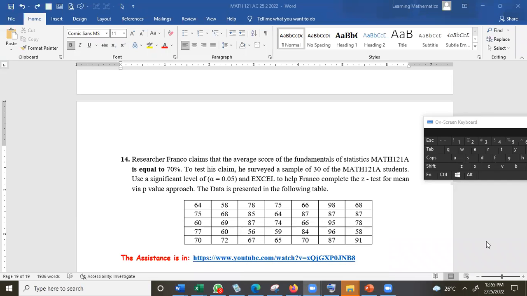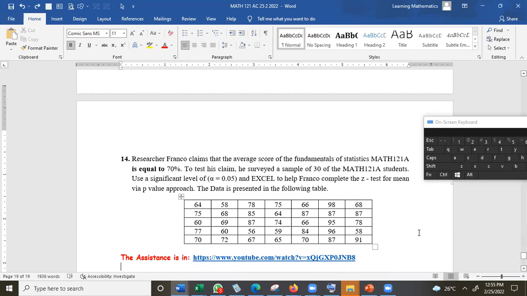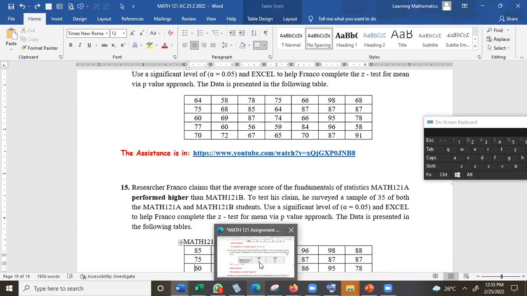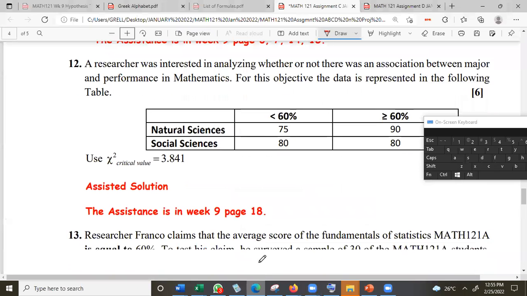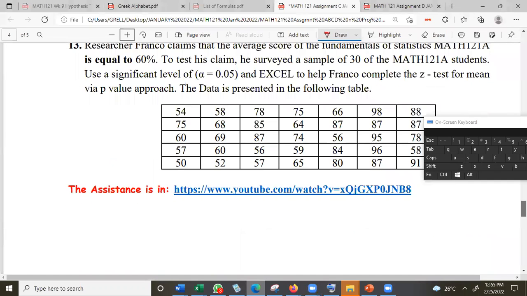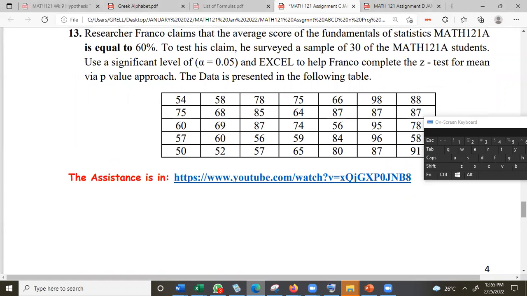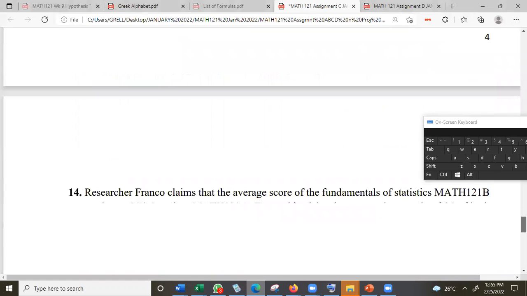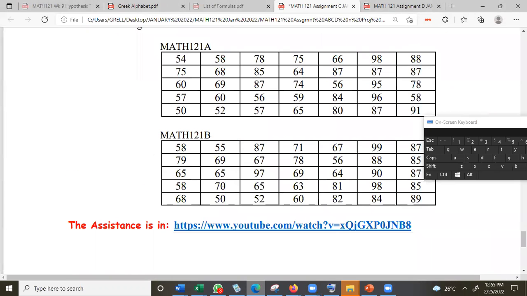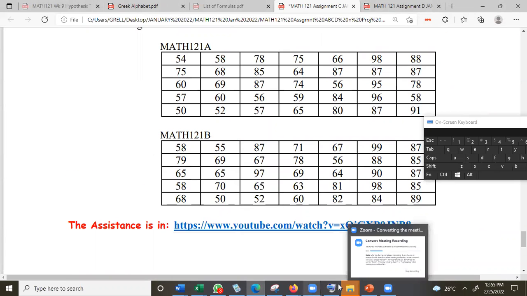So number 14 and 15 in the worksheet is number 13 and 14 in your assignment C. And as you can see, the setup is slightly different, and you have a table of values and you have a YouTube website to look at, because